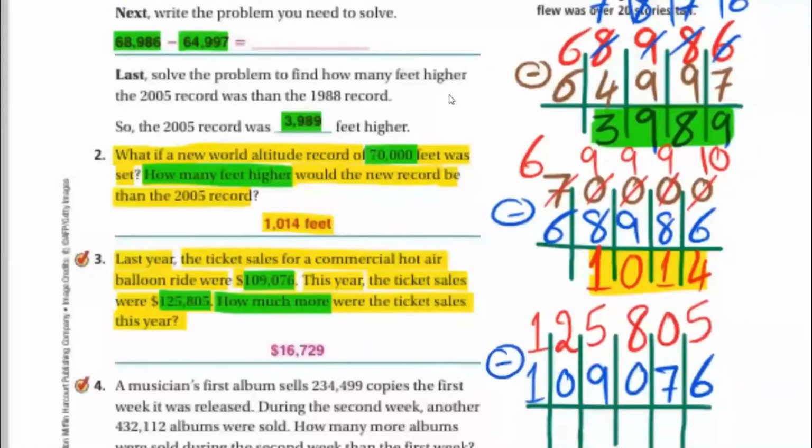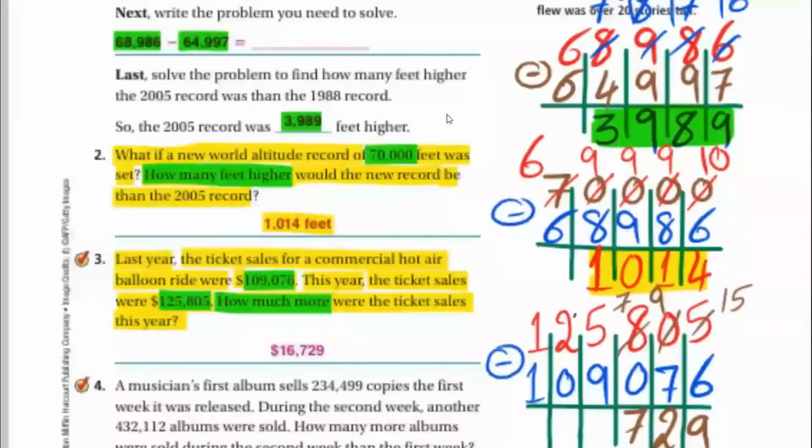And let's subtract. 5 minus 6 can't be, right? So borrow 1 from 0, can't be. Borrow 1 from 8, it will be 7, and this 0 will be 9, and this 5 will be 15. 15 minus 6, it will be 9. And 9 minus 7 equals 2, and 7 minus 0 equals 7, and 5 minus 9 can't be because 5